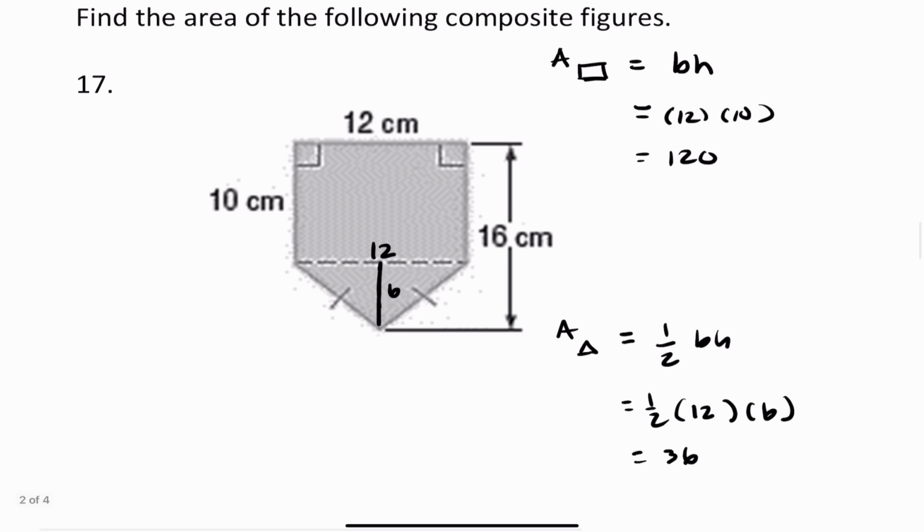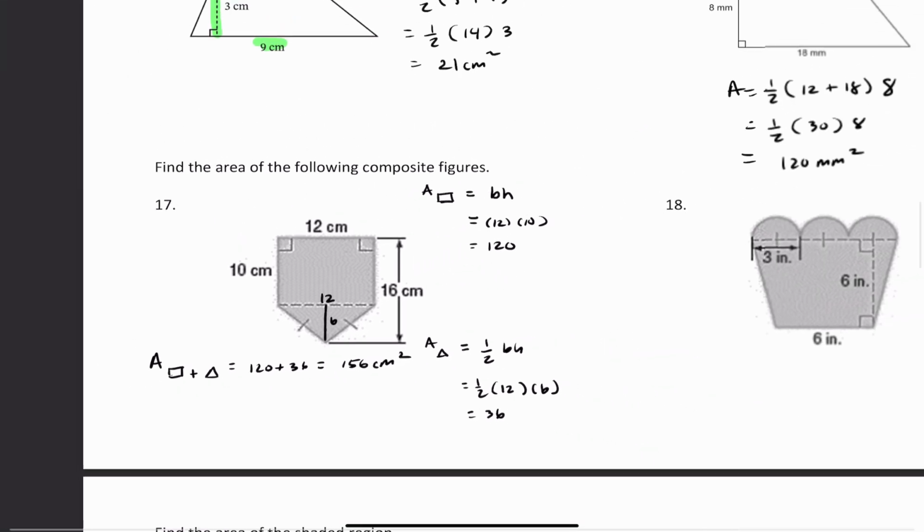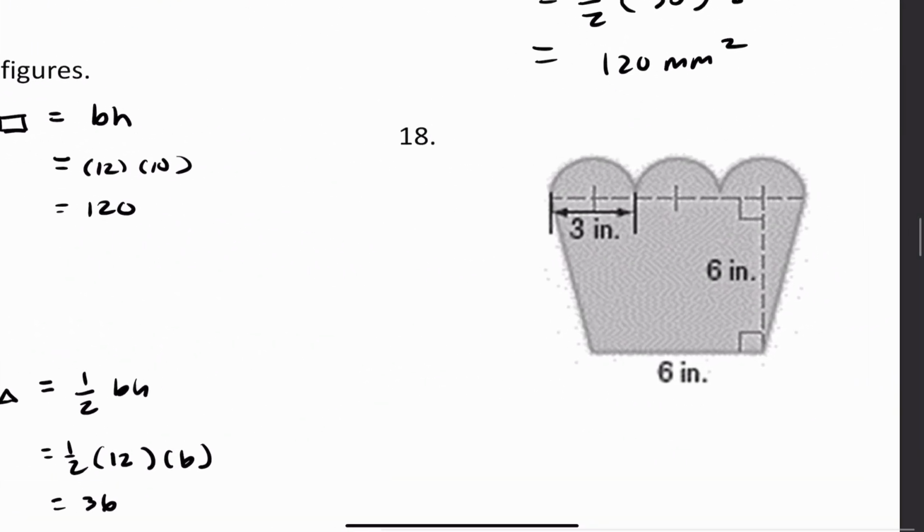So now I'm going to go ahead and add up our figures together. So 120 plus 36, you get 156 square centimeters. That's your answer for number 17. For number 18,